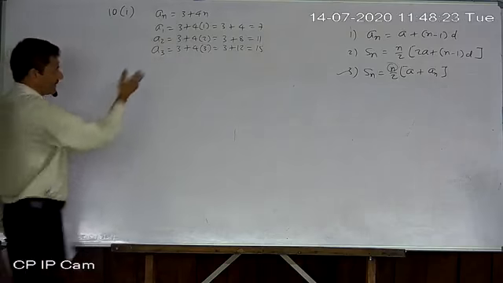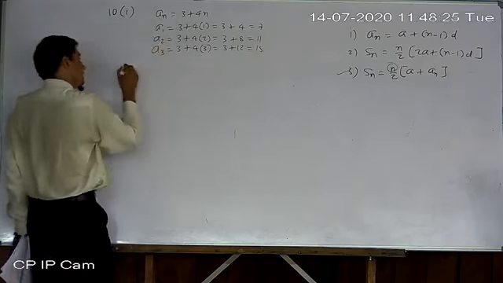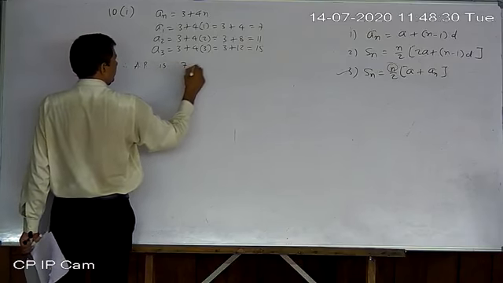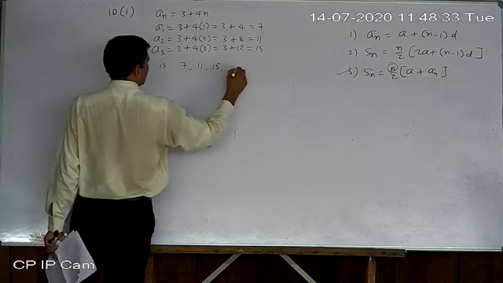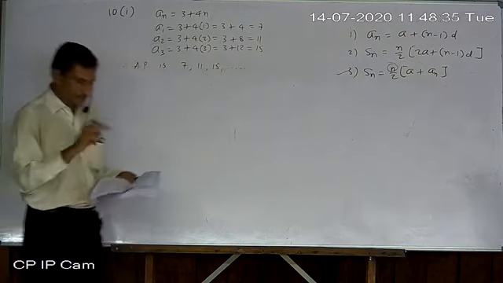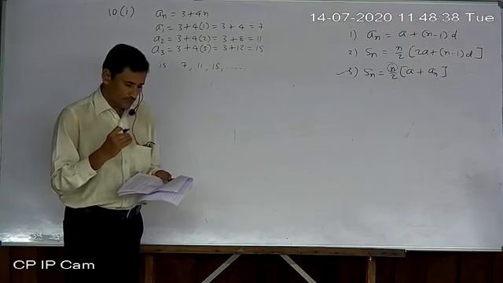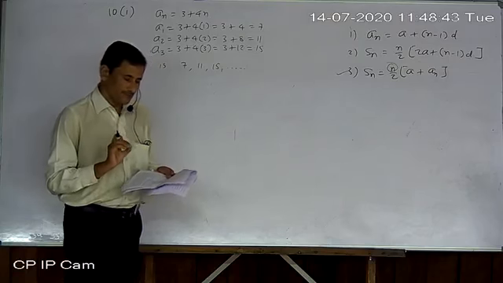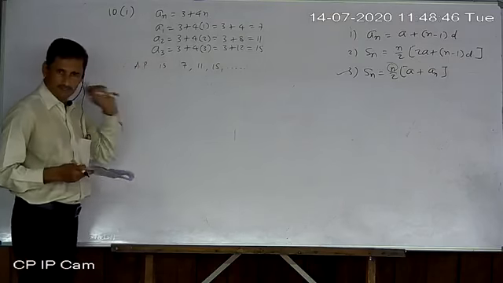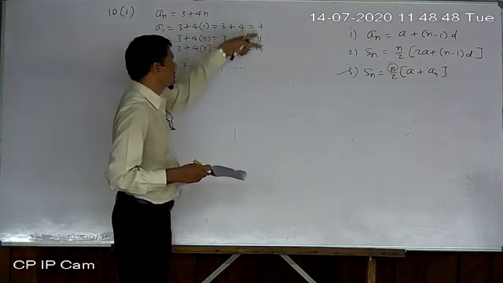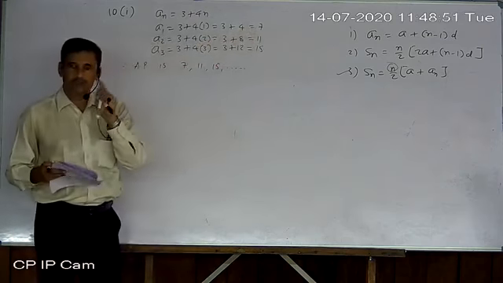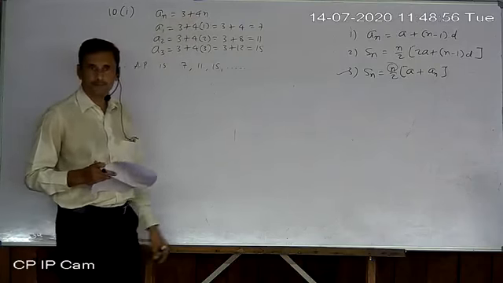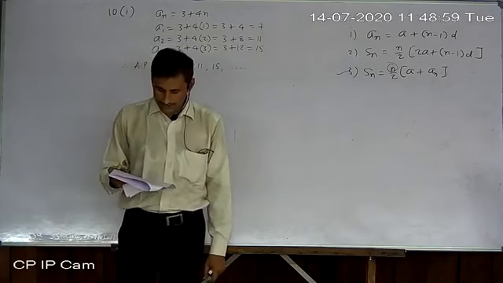Okay, so now we can write the arithmetic progression. So therefore, the arithmetic progression is 7, 11, 15 like this. Okay, so whatever they are, so that A1, A2 like dot dot dot An form an AP where An is defined as follows. So AP is formed. That is fine. Why? Difference is constant everywhere. Difference is constant of 4 only. So AP is formed. Now what are they asking?